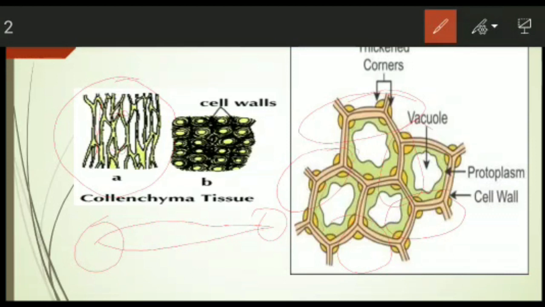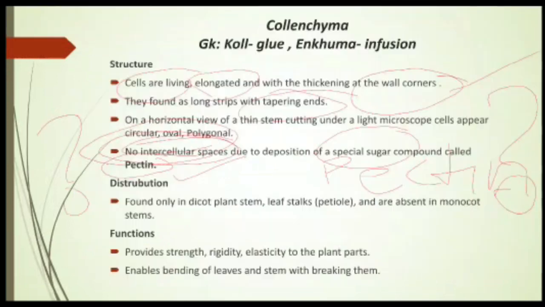As usual, the remaining things are the same: the cytoplasm, this light green part, is pushed towards the periphery. So this cytoplasm or protoplasm is pushed towards the periphery. I'm just drawing in a rough way. And the big central vacuole is present over here. The cell wall is there, and the nucleus along with the protoplasm is also present, but towards the periphery.